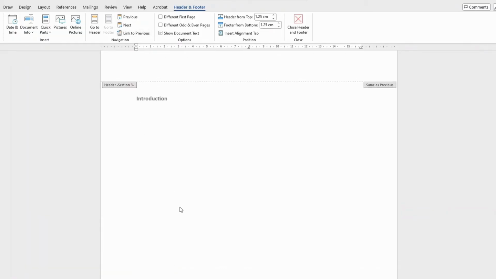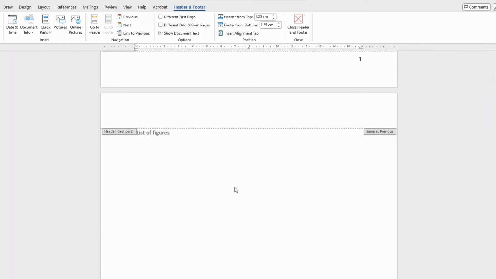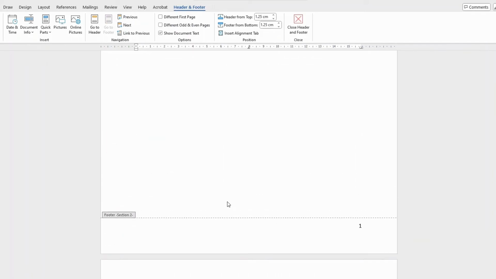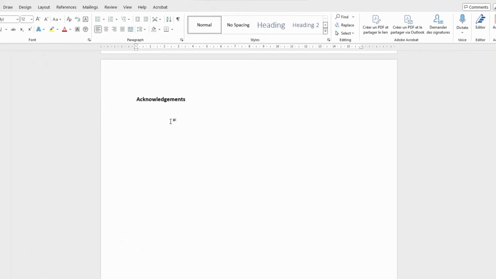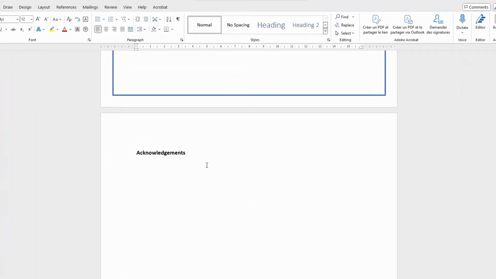After unlinking it, we now come to section two and change the numbering. So section two starts with what? Page one. We don't want page one to be acknowledgement. We want page one to be introduction. So here will be I and II. So how do we do that? Just double click on page one to unselect the headers and footers. Once you do this,